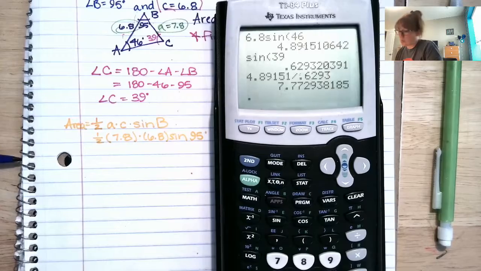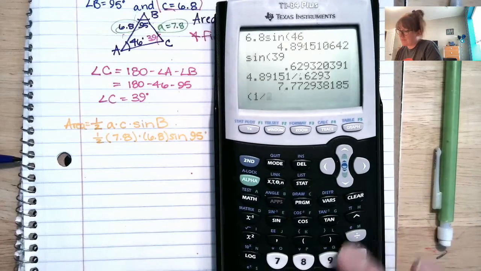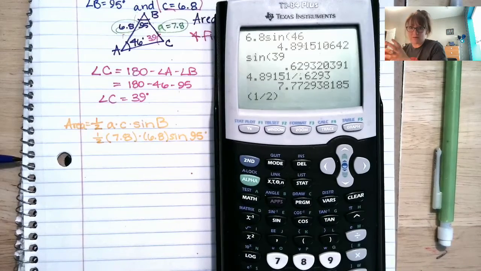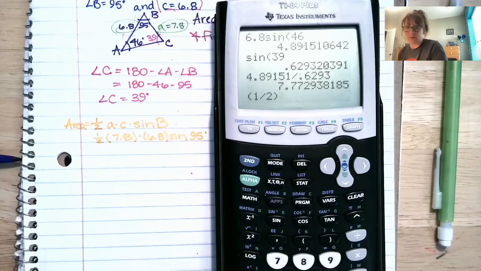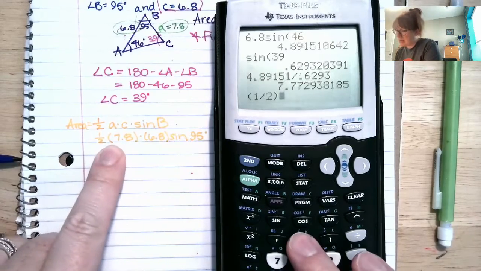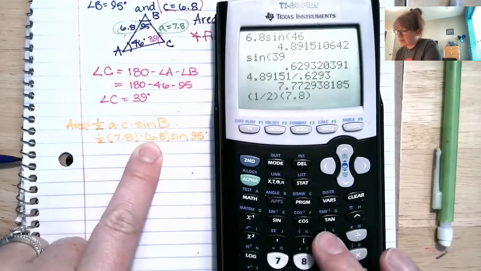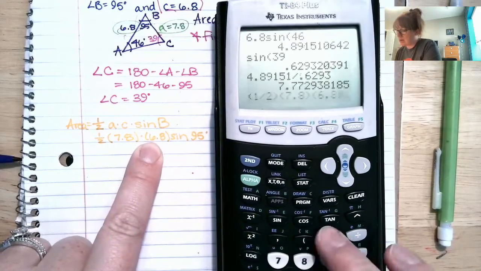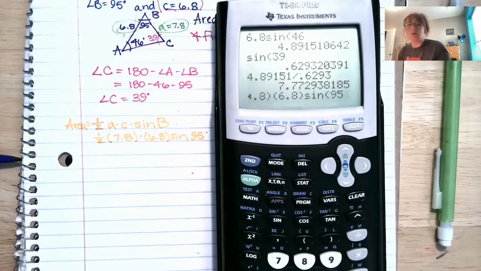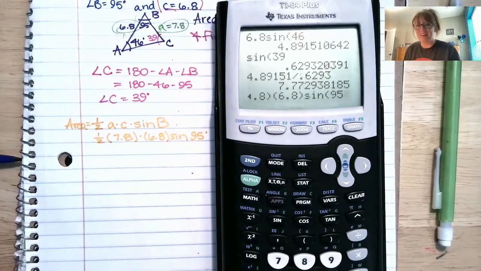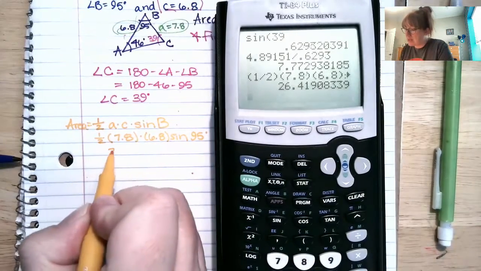Okay, so we need 1/2. I'm going to put that as a 0.5. Otherwise, you guys could put parentheses around a fraction to keep it together so your calculator knows we're talking about a fraction of a half, okay? We could just put it in just like we see here with another set of parentheses, 7.8, close that parenthesis, another parenthesis, 6.8, close that parenthesis, sine 95. If you're not comfortable with that, then just do a little bit at a time. Okay, we plug all that in and we get